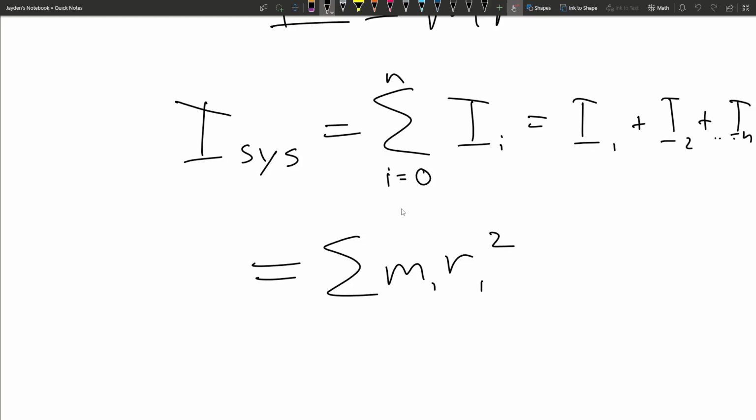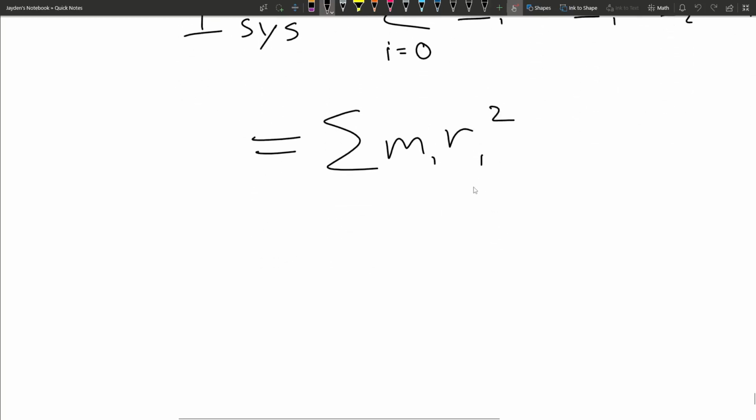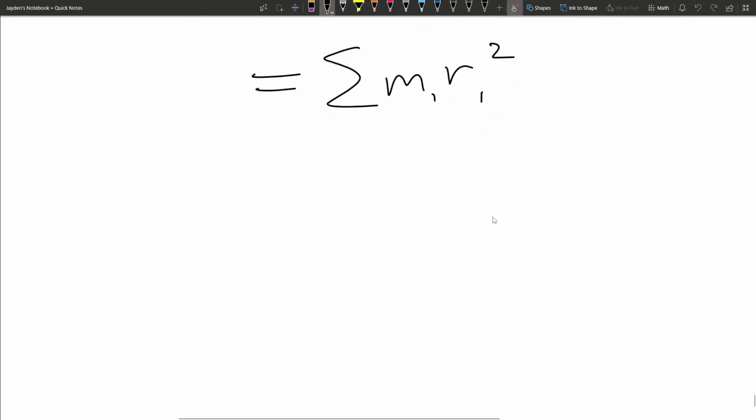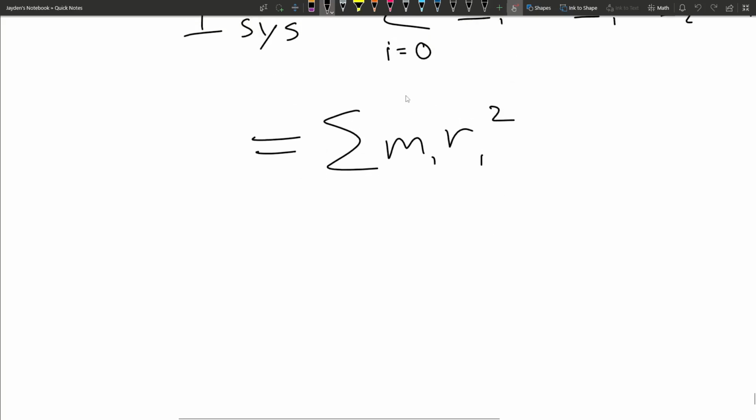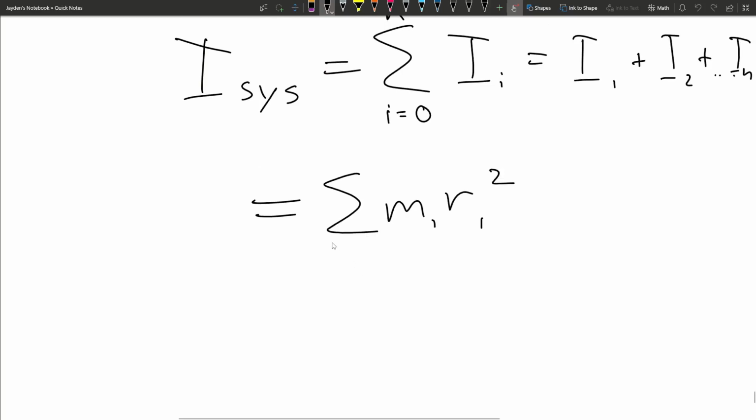Okay, let's get back to it. So pretty much this is what we can use. But in our mastery check, a lot of the objects that show up are distributed masses. And pretty much a distributed mass has an infinite number of particles. So what we can do is change the I of a distributed mass